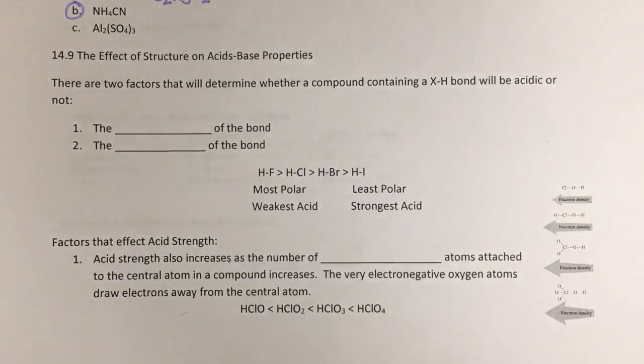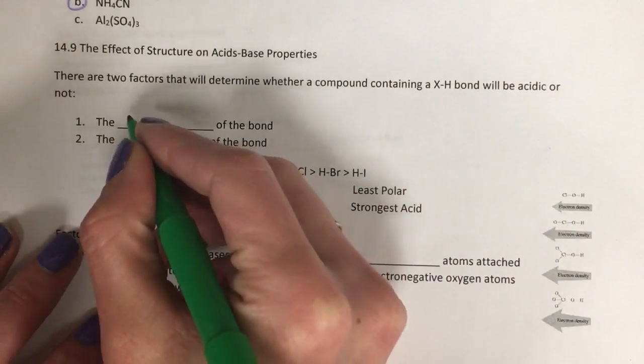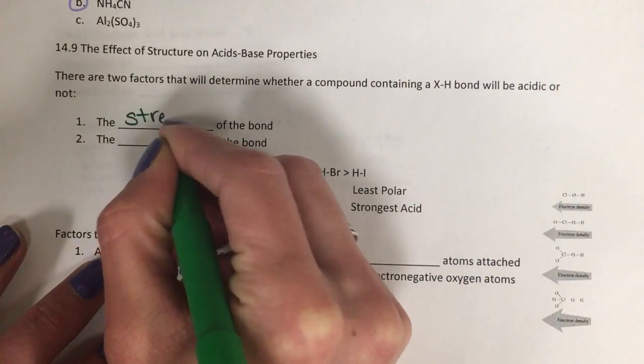So remember, we said that a strong acid is one that dissociates or breaks apart completely in water. Now, when we talk about how strong an acid is, there are several factors that will actually affect acid strength. The first is going to be the strength